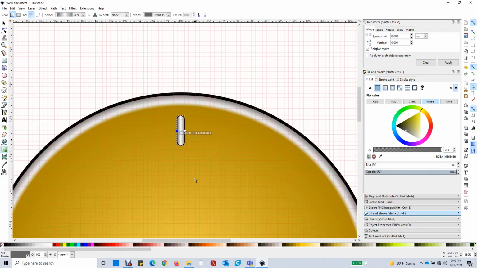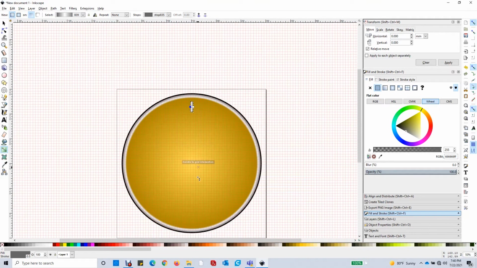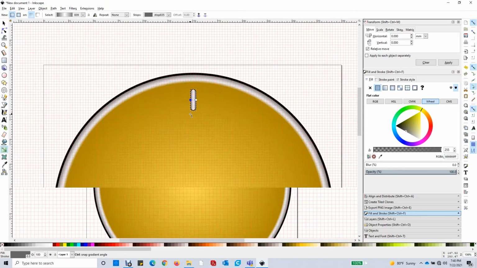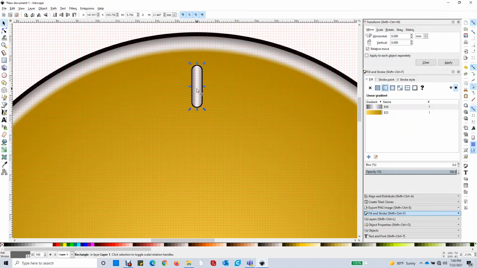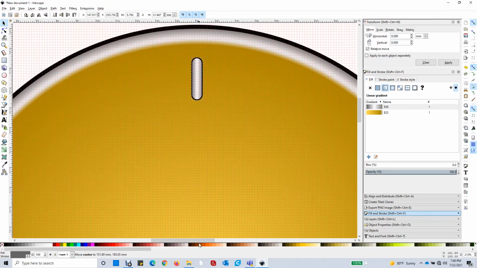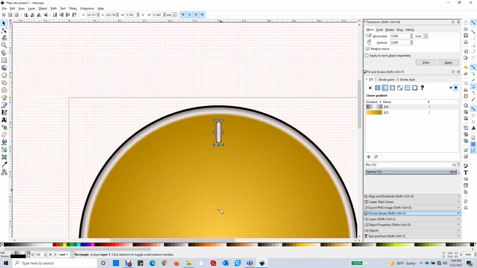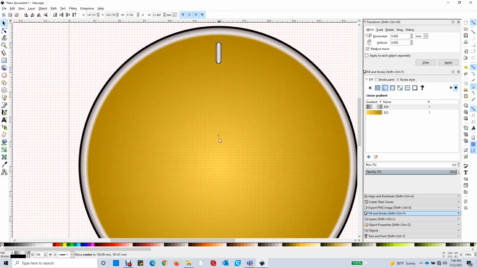So now that we've got that, all right, we want to make it rotate around here. We want several of them. And to do that, we can use a rotate command, which is part of transform. But right now, it would rotate it around the center, and that's not what I want. So when I click again, you see that little plus sign? That's where it'll rotate around. And what I want to do is put that in the middle of this thing here. But to get it exact is kind of hard. So what I'm going to do is kind of cheat.